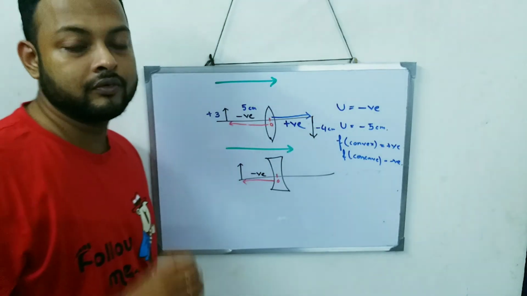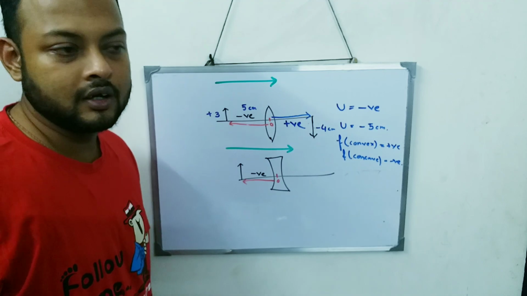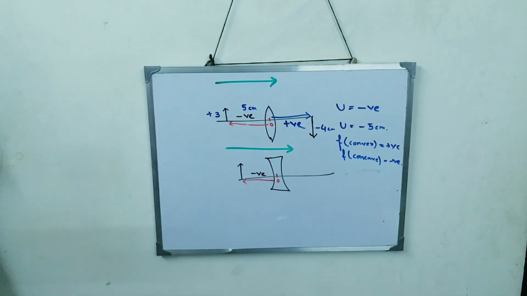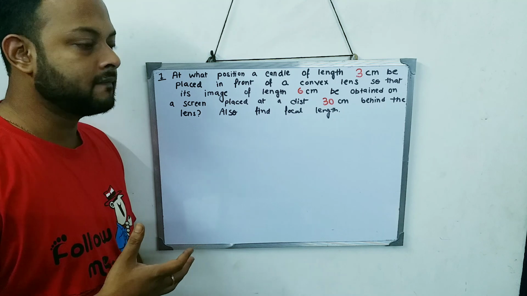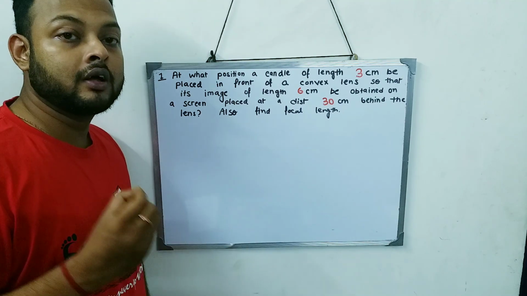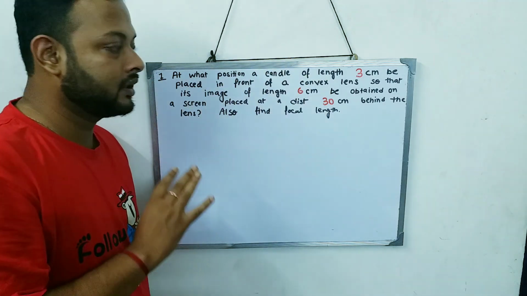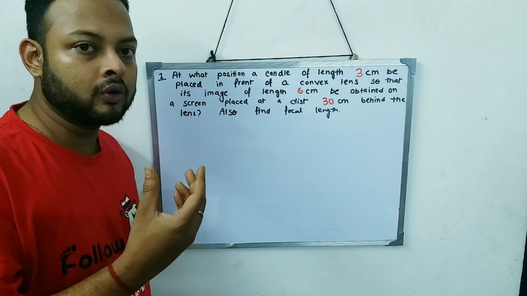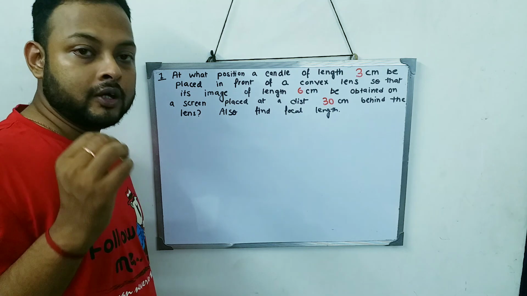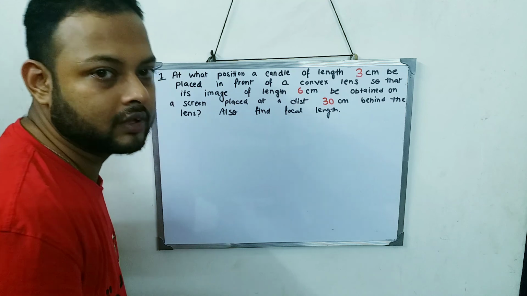We'll start doing the first sum, and it is very important to see how I approach the sum. So let's do sum number 1. Now in this question, it is very important how you approach the sum. If you start reading the question, you cannot read the whole question at a time. Even if you read, you won't get the meaning at first. So you have to follow this method, then only you are able to solve the sum.